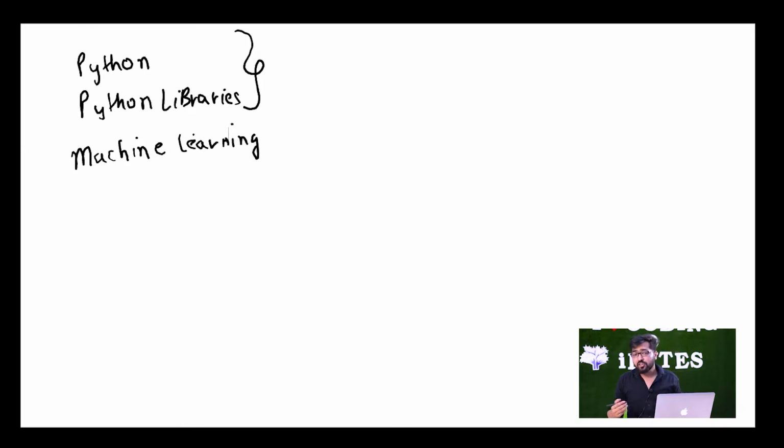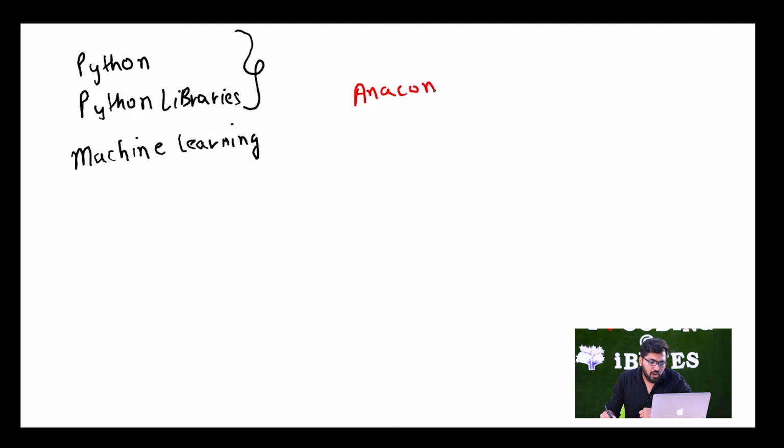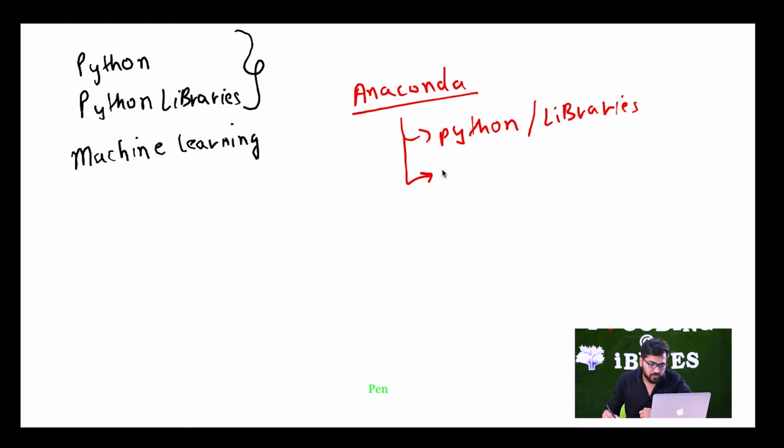We will study various algorithms in machine learning like linear regression, logistic regression, naive Bayes, decision trees, and many other things. So to start, the first thing that we will need to do is to install a package known as Anaconda. Now Anaconda is going to give me Python and a few of its libraries and Jupyter Notebook. We will see what Jupyter Notebook exactly is. So let's start with the installation of Anaconda.